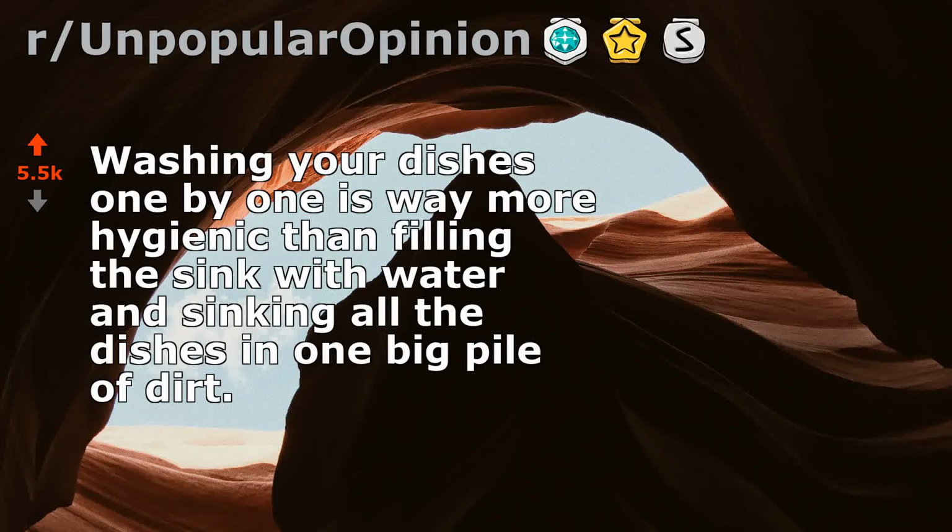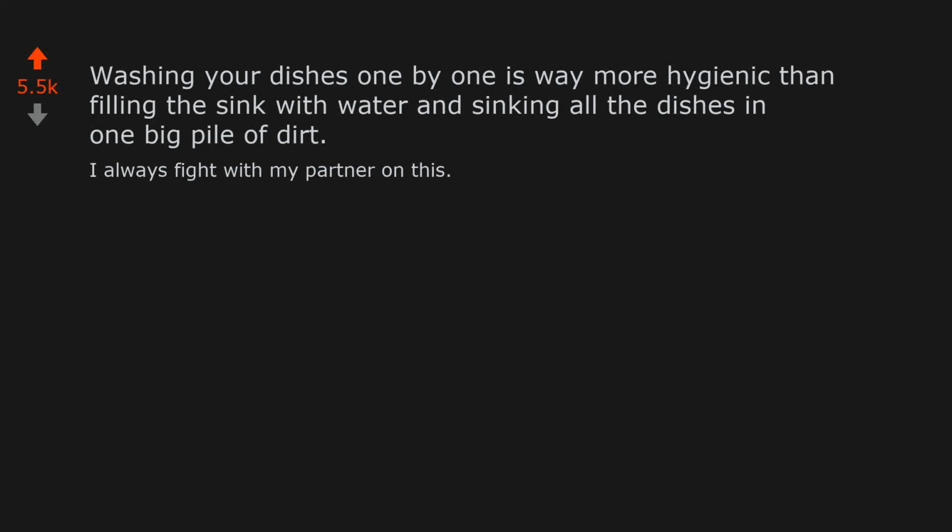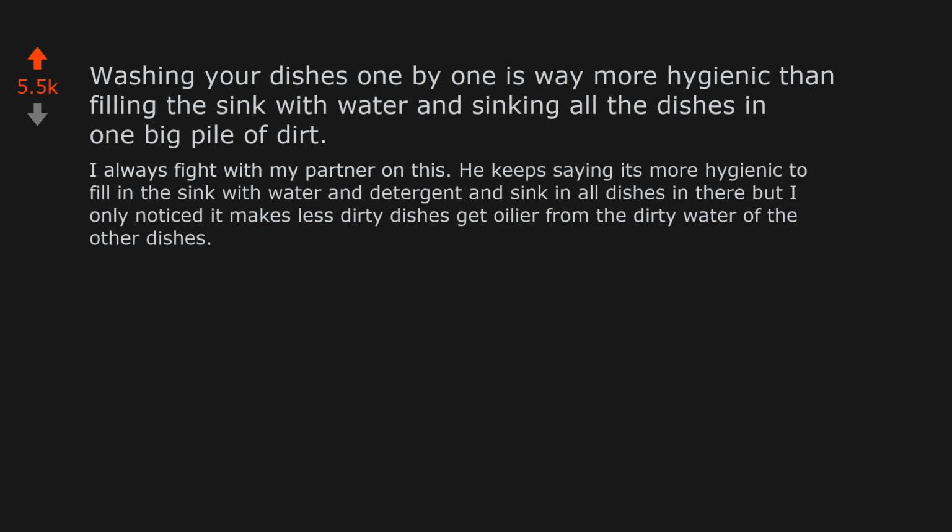Washing your dishes one by one is way more hygienic than filling the sink with water and sinking all the dishes in one big pile of dirt. I always fight with my partner on this. He keeps saying it's more hygienic to fill the sink with water and detergent and sink all dishes in there, but I only noticed it makes less dirty dishes get oilier from the dirty water of the other